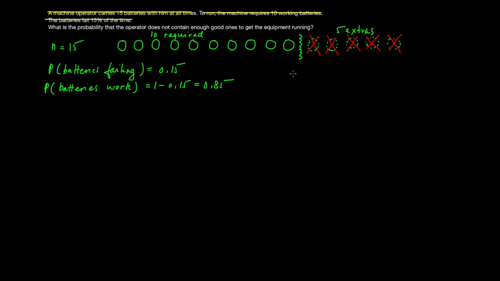But is that it? No, we need for one more to fail, right? Because if all the extras fail, well, then the 10 required are working and we're fine. Our equipment's going to work. So in order for the equipment to not work, we need at the very least one more to not work, right? Within our 10 that are required. So you agree with me, and I did say at the very least for one not to work, right? It could be one or more. So what does this give us? Let's write it out in probability form. So in order for the equipment not to work,